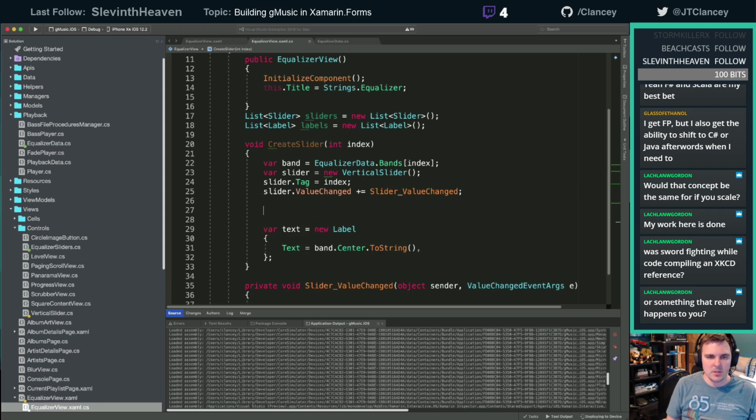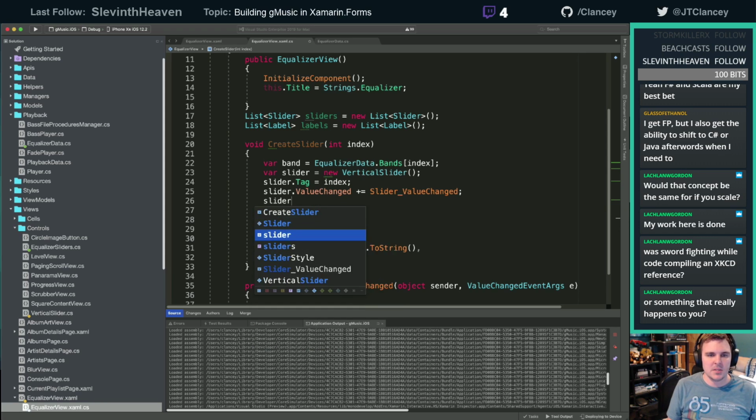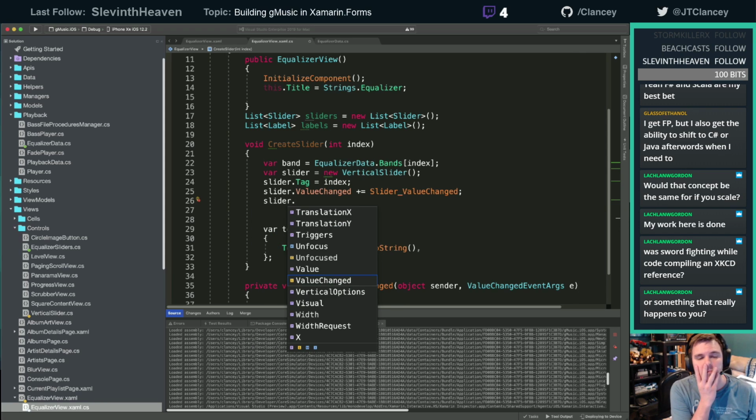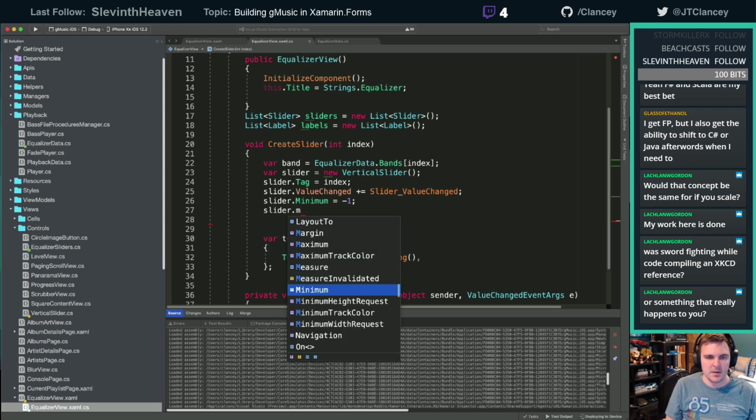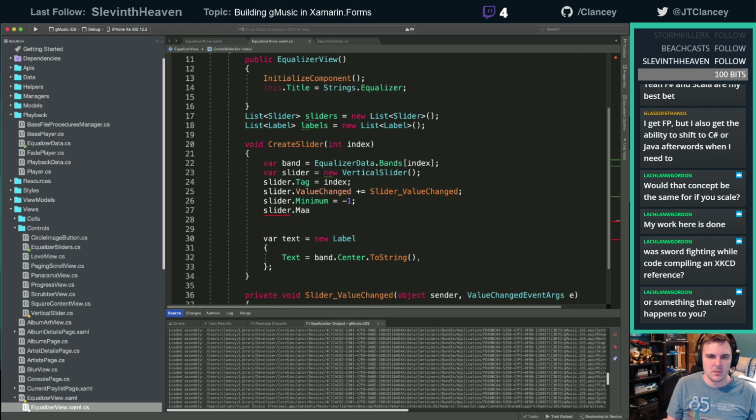It's just going to be there once and always there. Slider dot min equals -1. Slider dot max equals 1.